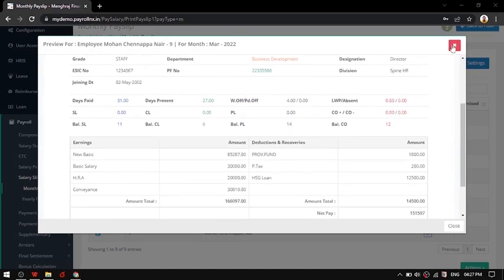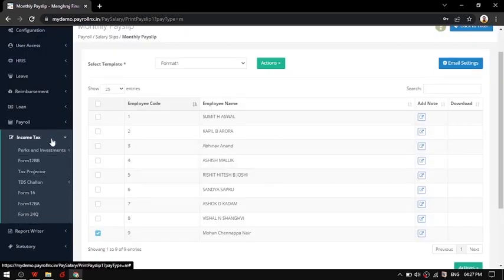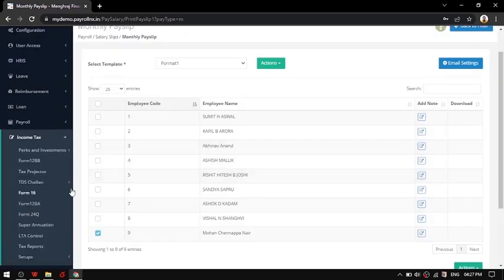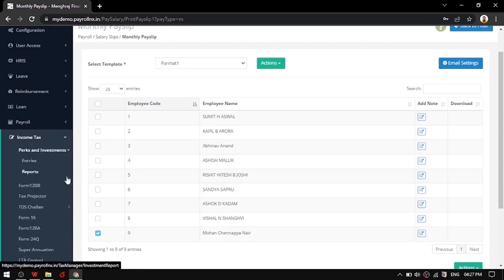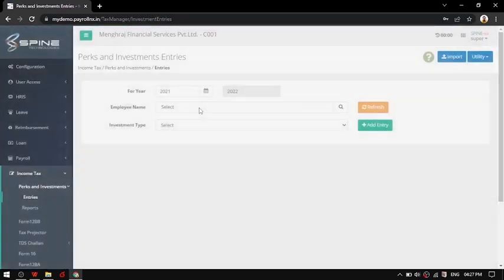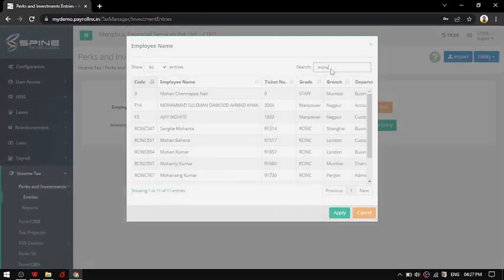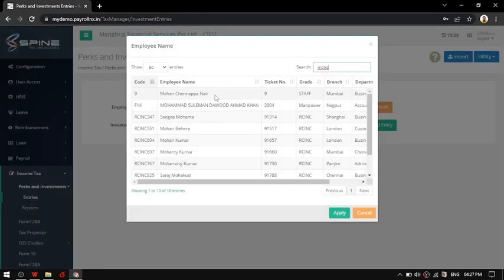So after the salary processing, we need to update the actual investment done by the employees for the financial year 21-22. So for this we need to click on income tax, perks and investment, entries. So first we need to select an employee over here, for which employee I am going to copy the actual investment from the declared amount.